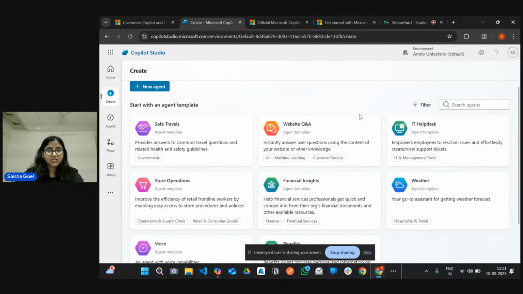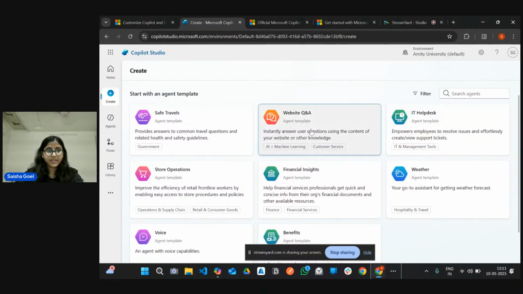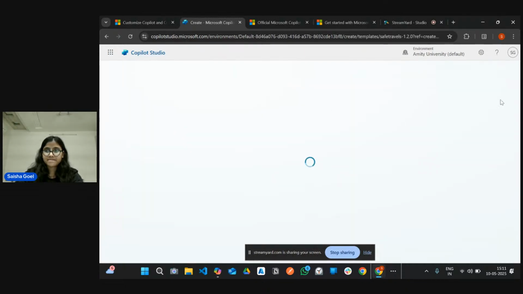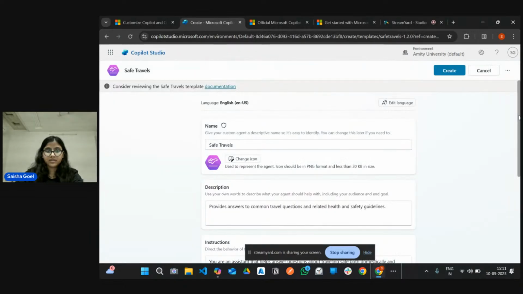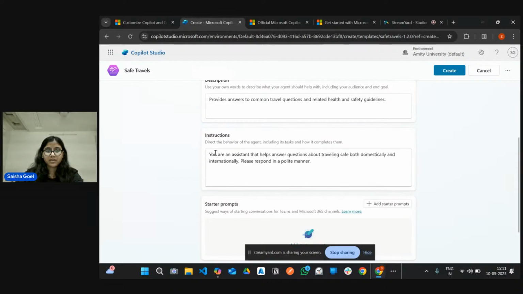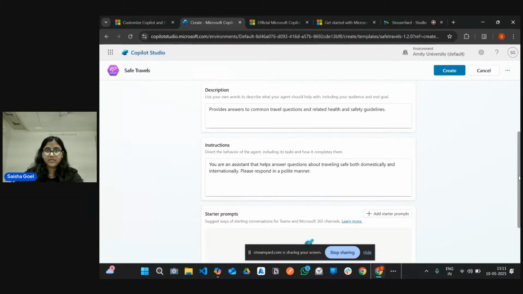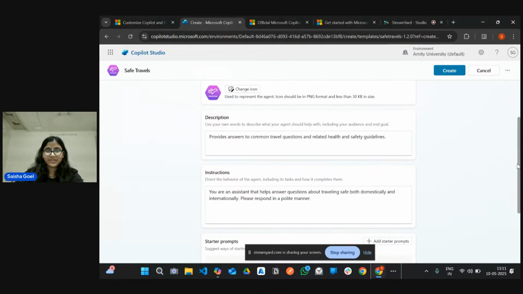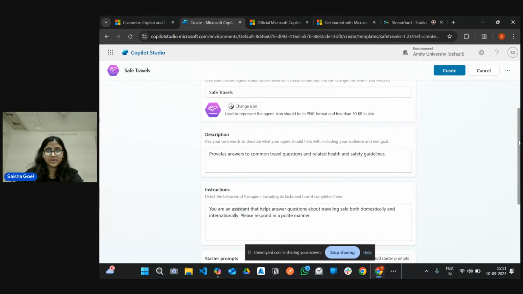We can also create agents from templates. Here are some pre-built templates available. You can just replace your prompt with the already given prompt in this, like I've clicked right now. So you can see, you can just create your custom instructions here from Copilot. We are going to use Copilot as a prompt engineer today to create good prompts for Microsoft Copilot Studio.